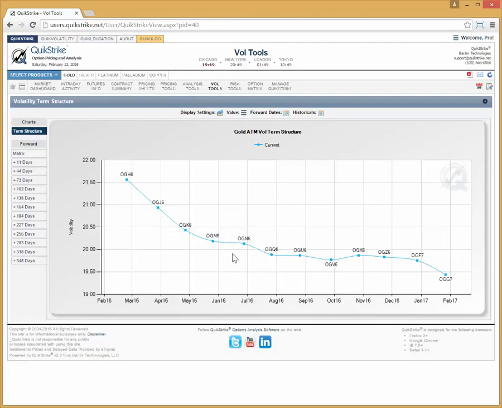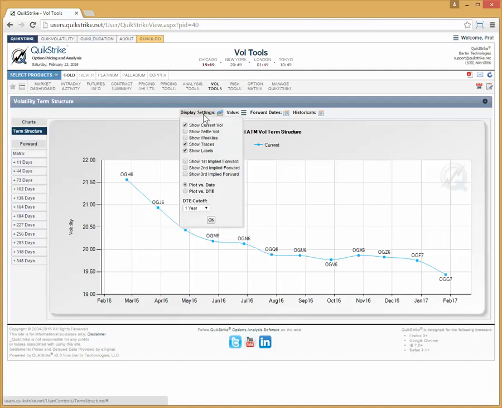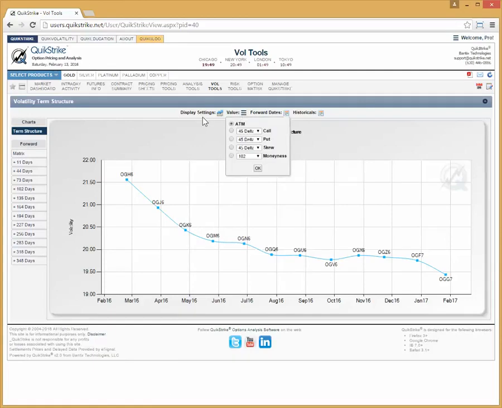Now again, like we said, with the vol term structure there's a lot going on over here, and this is going to help explain some of the forward items that we talked about, but we're going to come back to this. I think right now the best thing to do is to play around with the display settings and see how that affects the change on the vol term structure chart. Look at the value, really helpful in terms of thinking about the curve, not just as at the money, but as